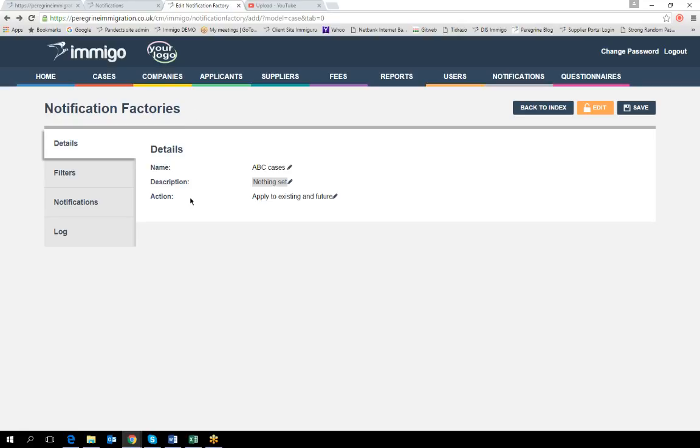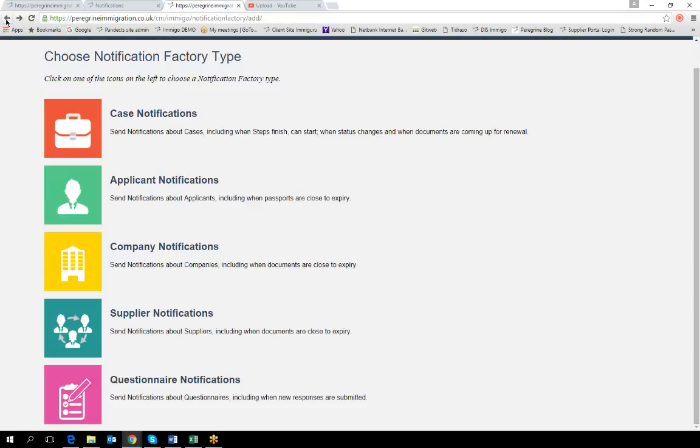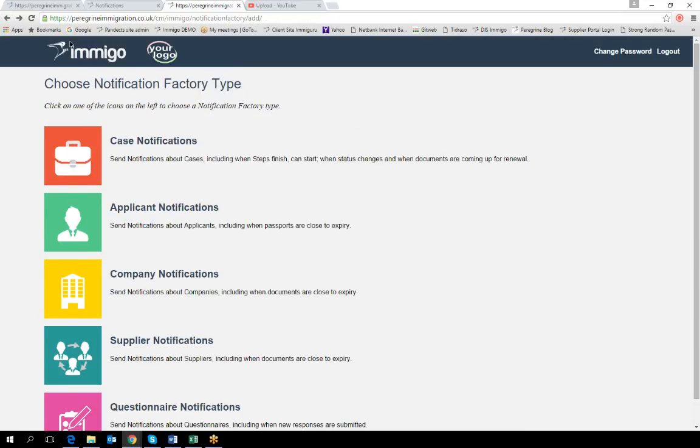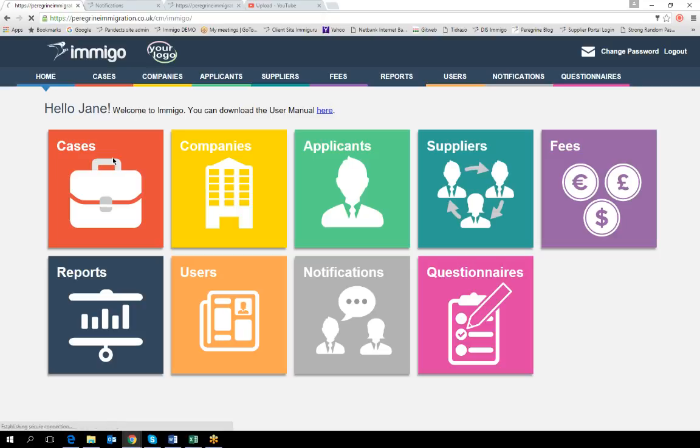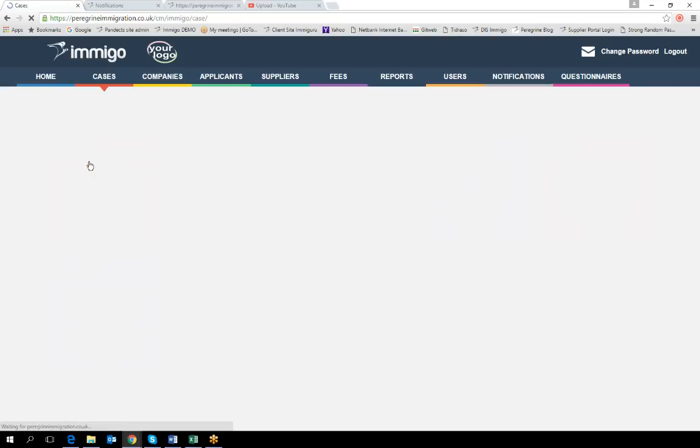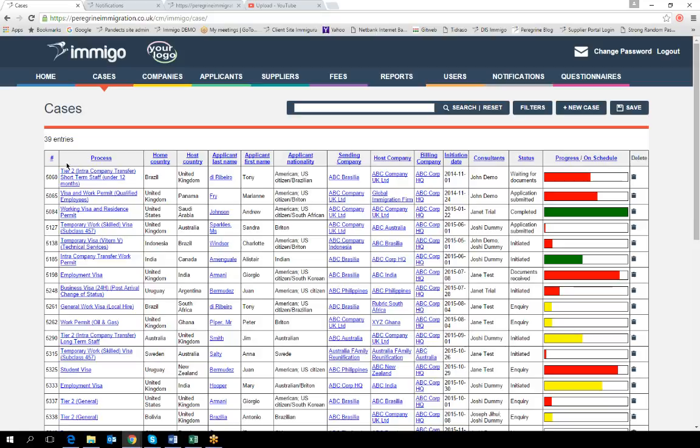And what will then happen is any notification set up for ABC cases would then also show automatically in the cases that they're in. So when I go into my cases, if I go into an ABC case, and I'm going to do that now, I'm just clicking on cases, and I'm going to go into a case for, I think I'll check Tony's case. I think he's going to the UK. I'm just going to go into that. And you can see when I go down to the notifications on the left-hand side here, and I click on that,